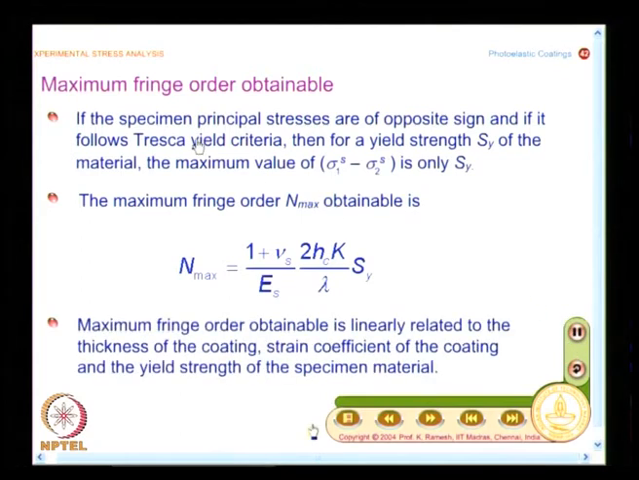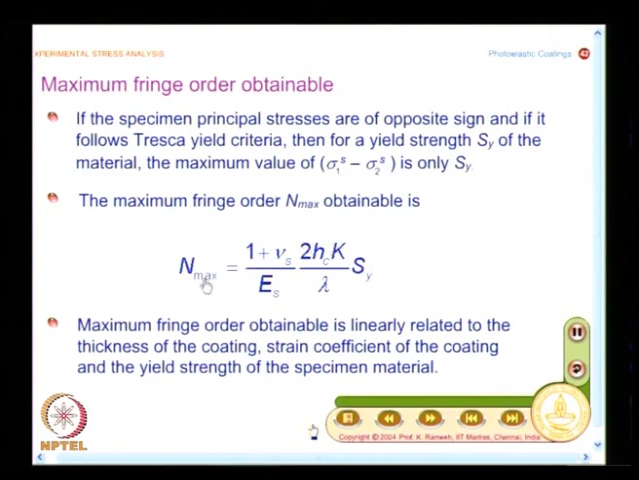So, what you have here is essentially we are going to get sigma 1 s minus sigma 2 s. Suppose I consider that these principal stresses are of opposite sign, and suppose the material follows Tresca yield criteria, then for a yield strength Sy of the material, the maximum value of sigma 1 s minus sigma 2 s is only Sy. So, from this, if I go back and find out what is the expression for the principal stress difference, recast